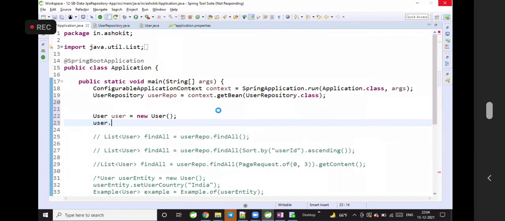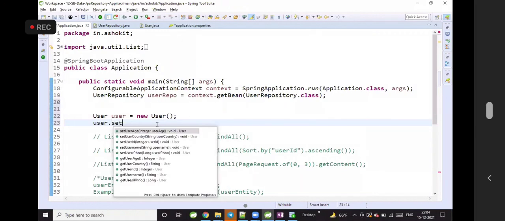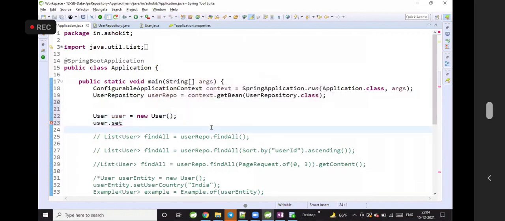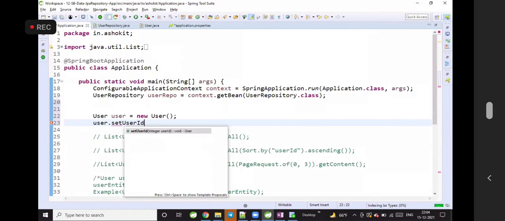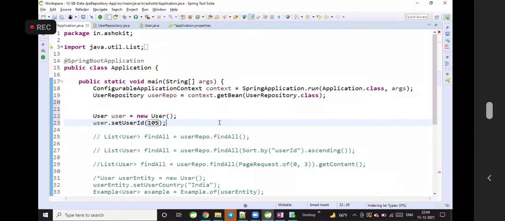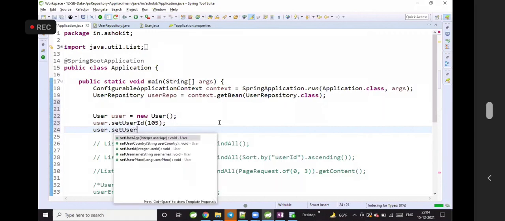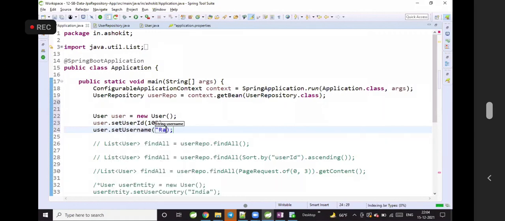I have created the entity object and I am trying to set the data. user.setUserId, I am setting 105. user.setUsername, some name, Rahul.